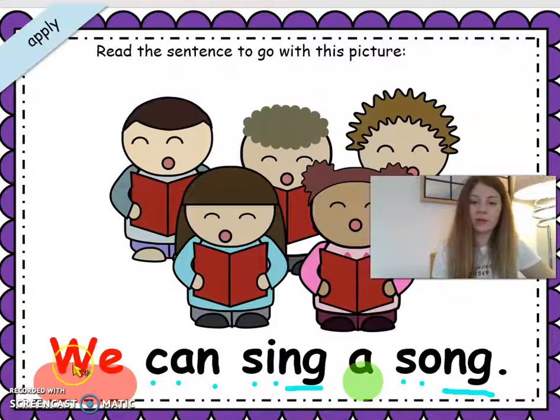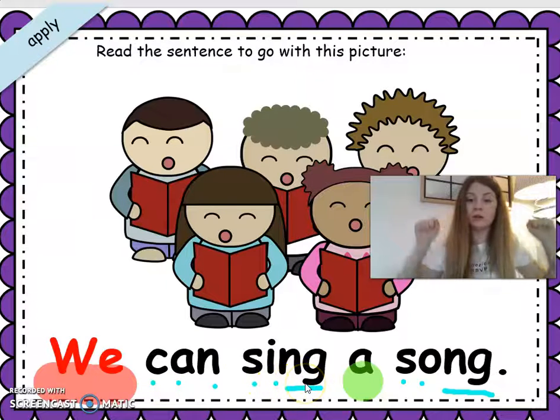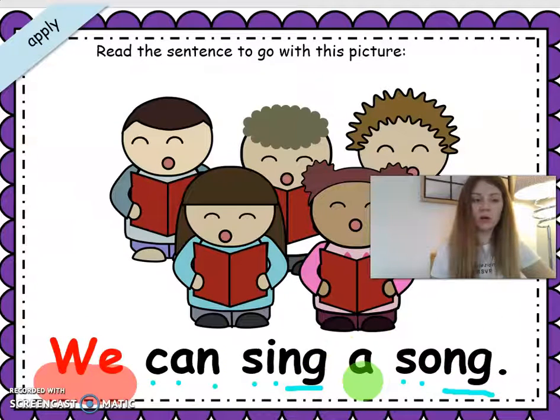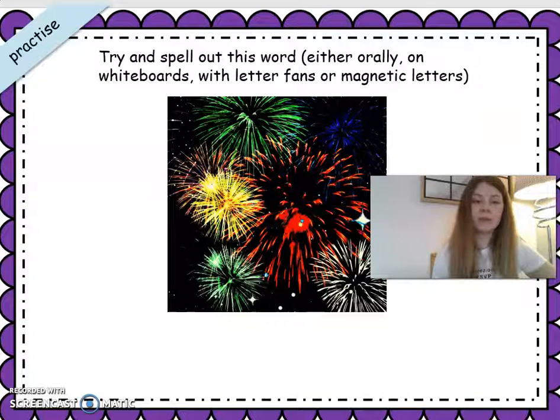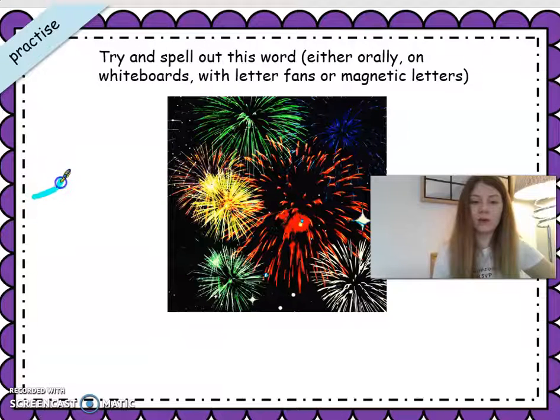Let's read and blend. We, k, a, n, can. We can sing, sing. We can sing a song. Song. We can sing a song. Oh, how lovely. Okay, let's have a little go at practice writing a word with our new digraph, which is,